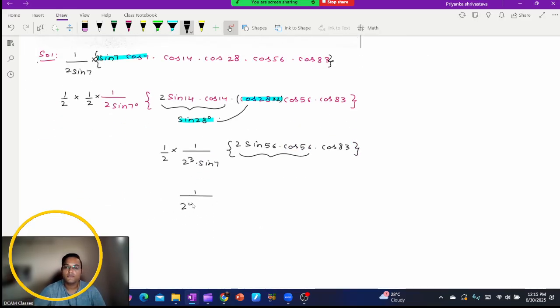1 by 2 power 4 sin 7 into sin 2 theta, 112. Now see, sin 112 can be written as